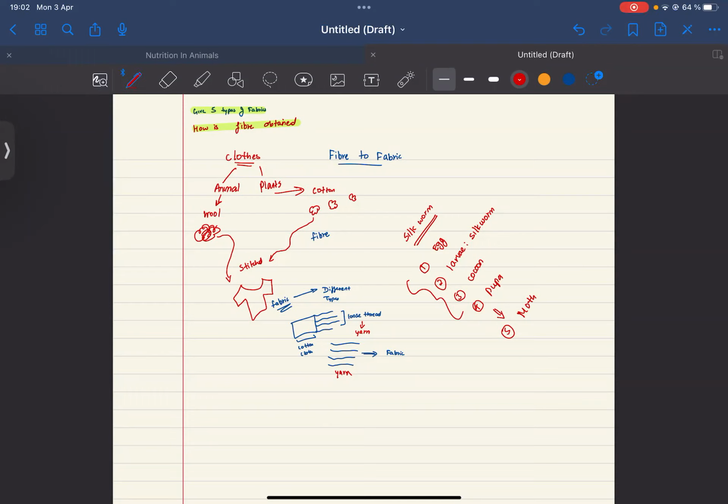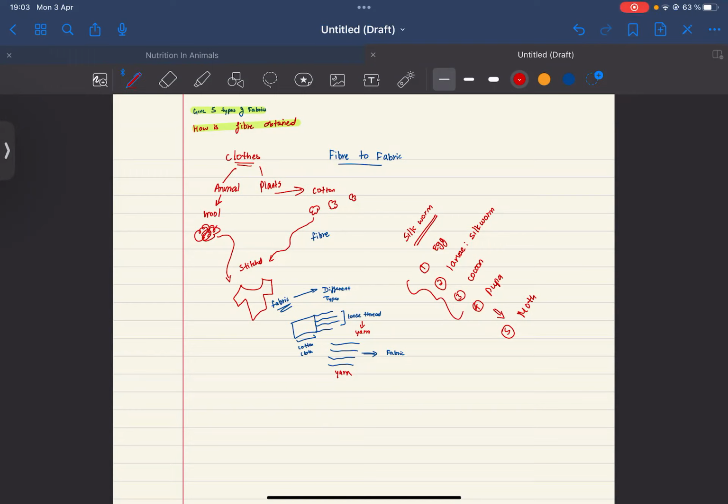You have fibers in some fabrics such as jute, cotton, silk, wool. All these are obtained from plants and animals. So any cloth material that you get from plants and animals is known as natural fibers. Cotton and jute are examples of the ones you get from plants, whereas wool and silk you get from animals. Wool is from the sheep and silk is from the silkworm.